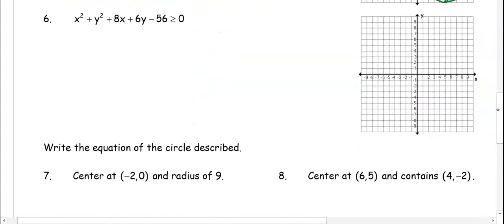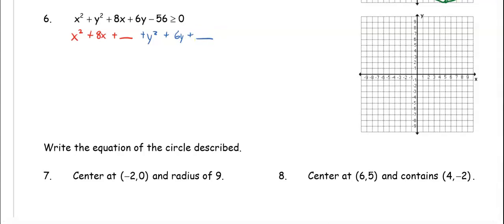Okay, number 6, we again have to do completing the square, and it has an inequality symbol. So this one we're going to have to determine our line and shade. So let's reorganize. So we have x squared plus 8x plus blank, plus y squared plus 6y plus blank is greater than or equal to 56 plus blank